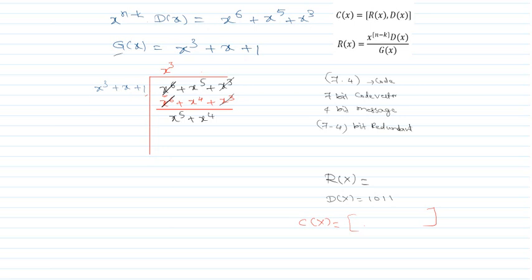Now as a next step, again we have to go for the division. So now here x to the power 3, but here it is x to the power 5. In order to get this x to the power 5, I have to multiply here by x square. So x cube into x square, that is x to the power 5, I'll get here x to the power 5 plus x into x square, that is x cube, plus 1 into x square, that is x square.